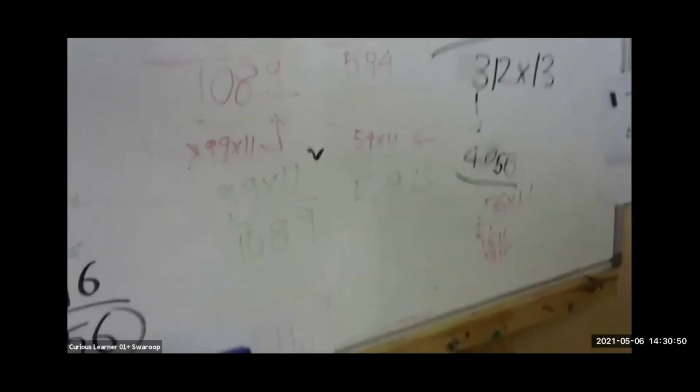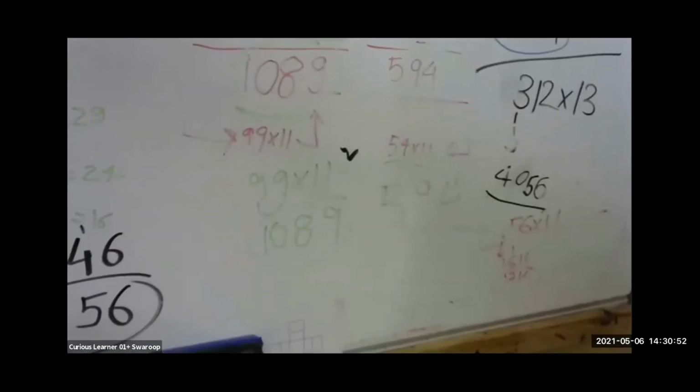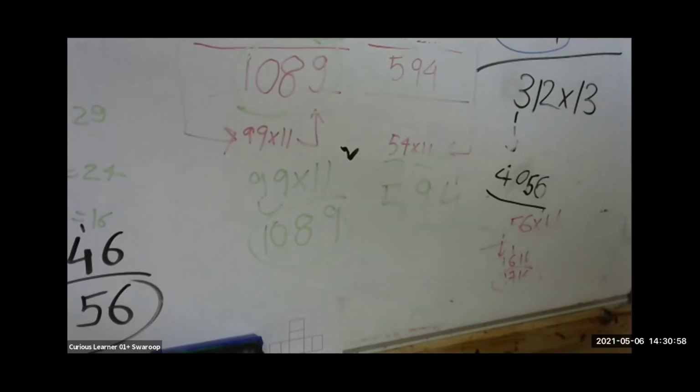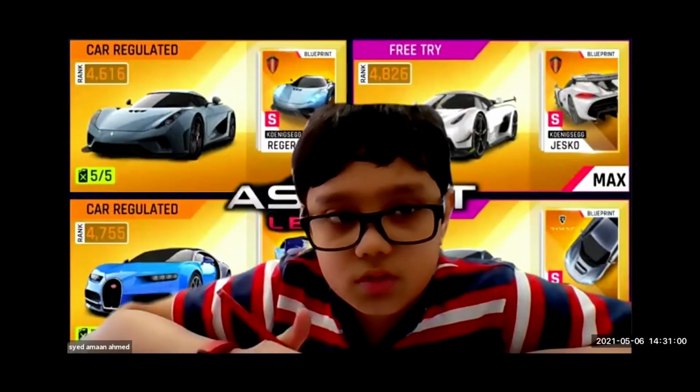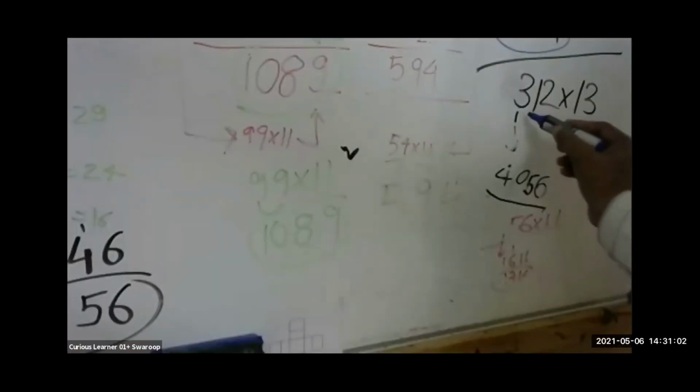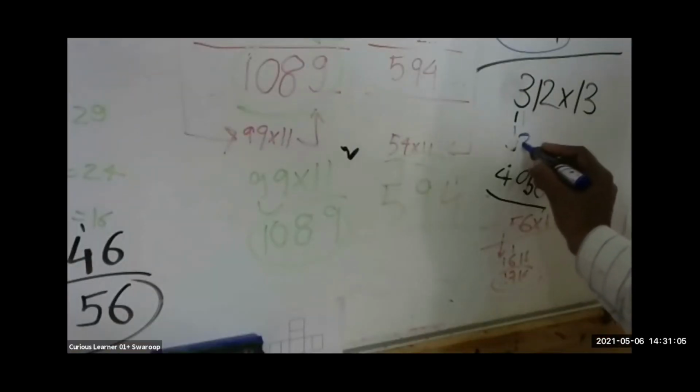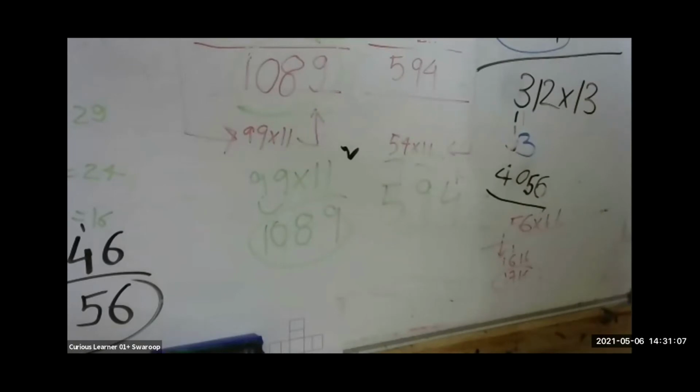Look here. We will do the same calculation with 312. Here, 312 multiply 13. This will make things clear for you. 405. When you have to do this, simply bring 3 as it is. This is what I say, 3 as it is.